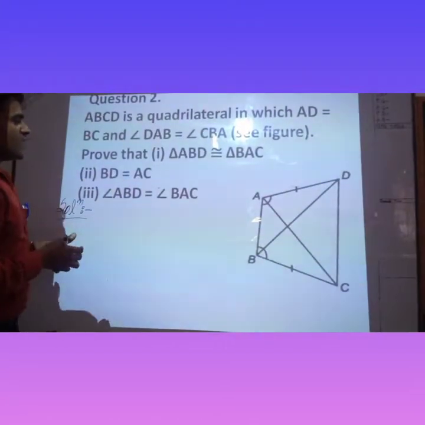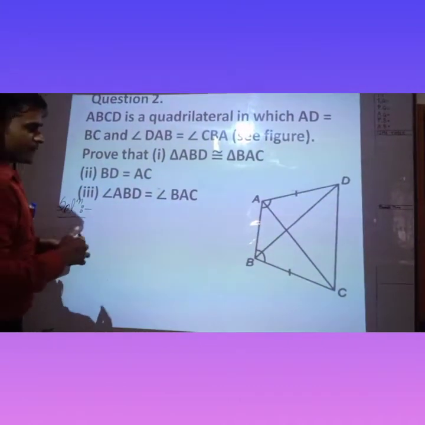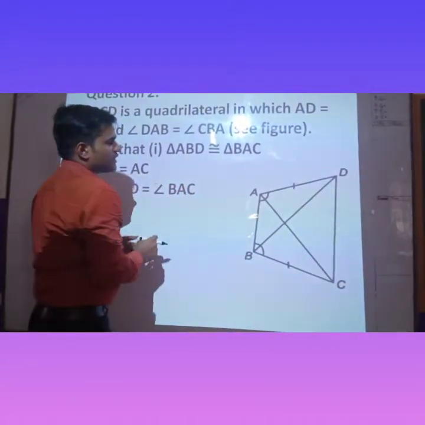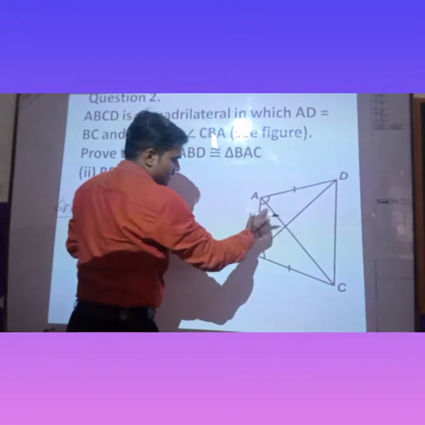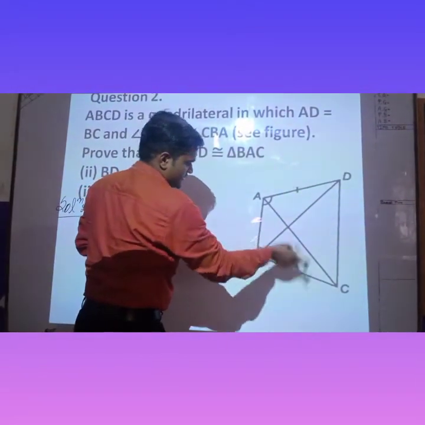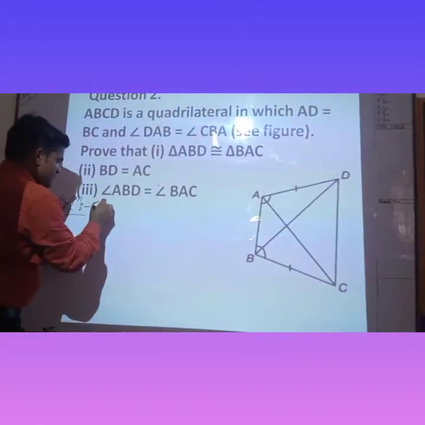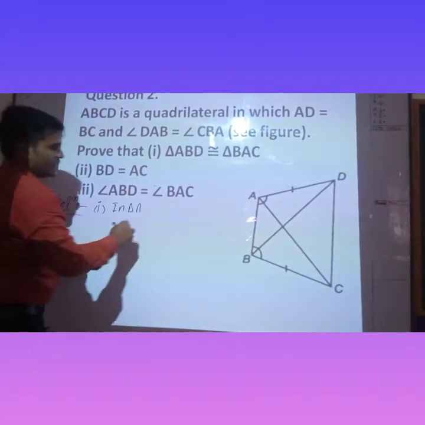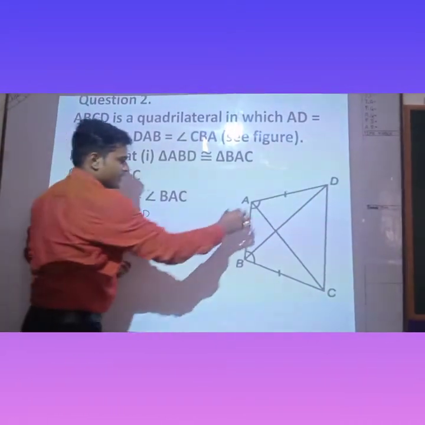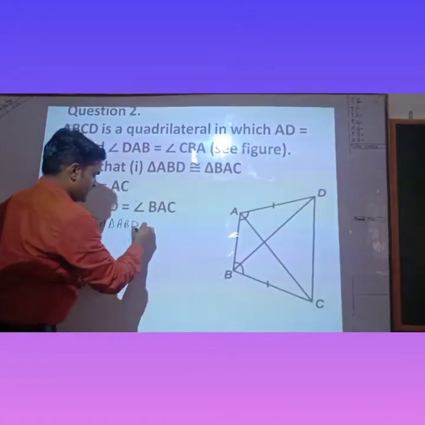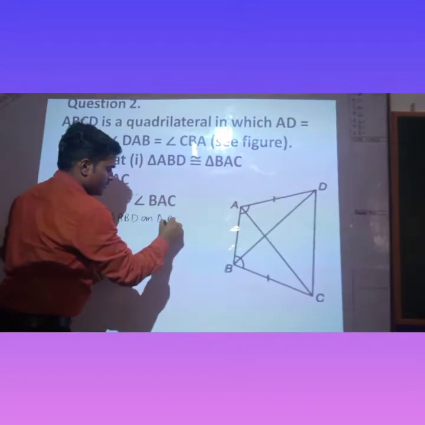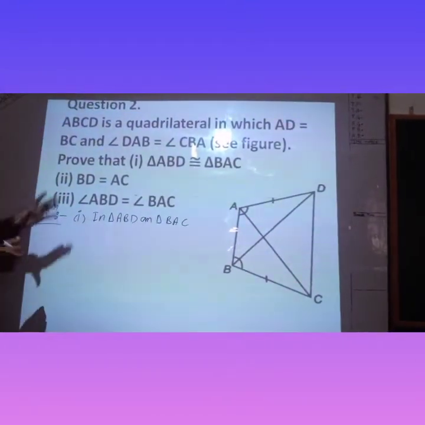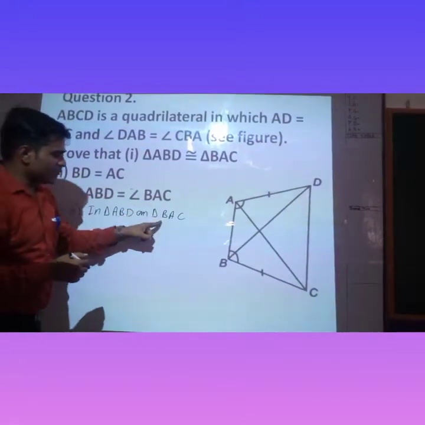Then we have to prove that triangle ABD is congruent to triangle BAC. So children, let's see. In triangle ABD and triangle BAC,